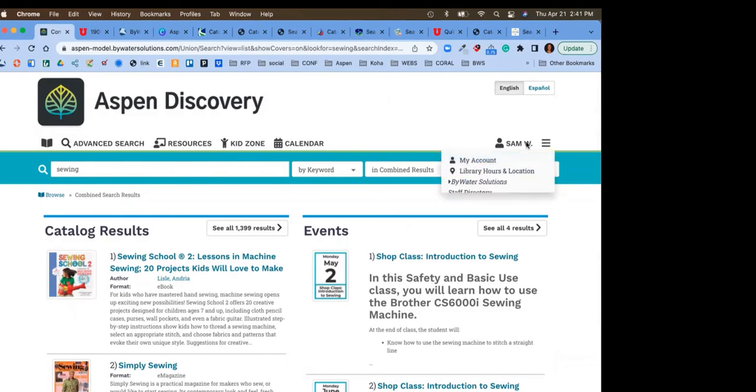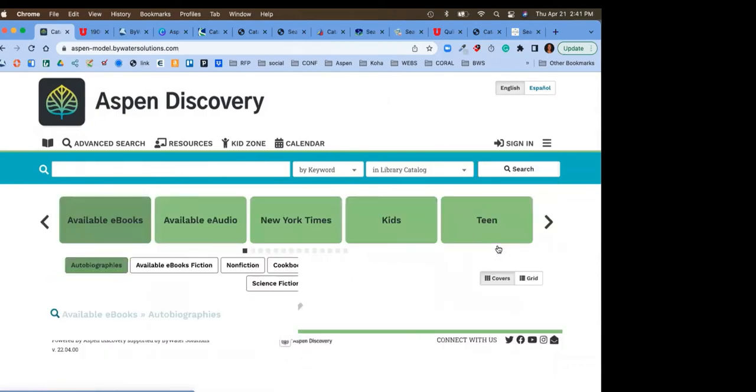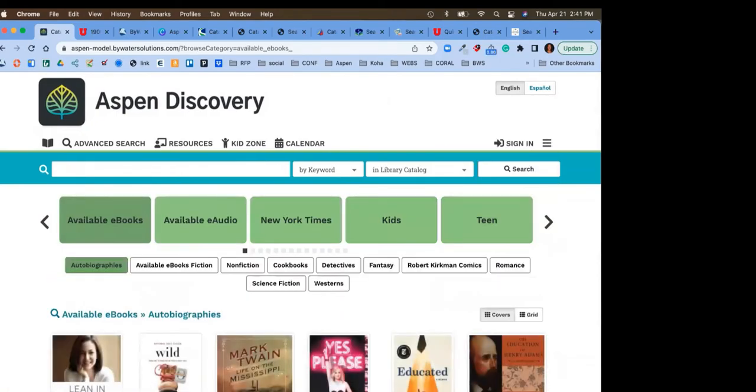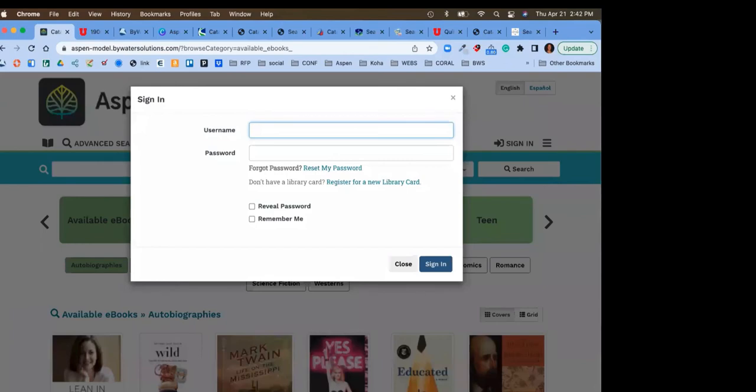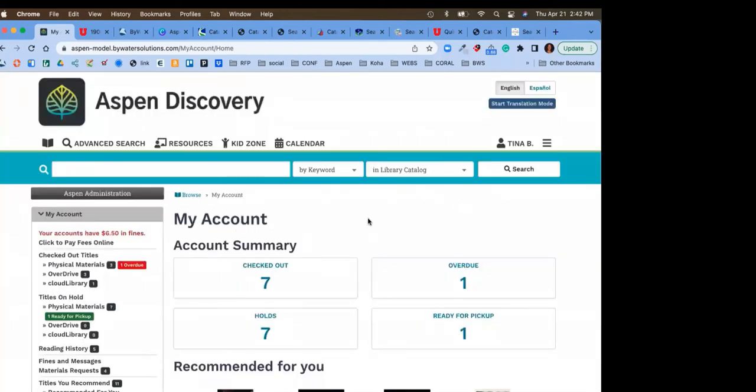So I'm going to pause for a second and I am going to sign out. And this time we're going to sign in as a librarian. And what this allows me to do is come in and take a quick look at the administrative side of Aspen Discovery. And the nice thing about the platform is everything is in one place. So as soon as I log in, you'll notice that there is an Aspen Discovery